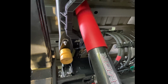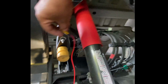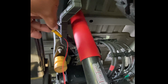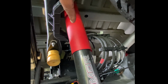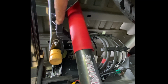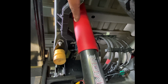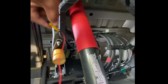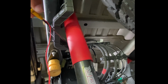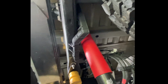Now, as I stated before, the existing cable they give you is not going to be long enough. It's going to end pretty much near the shock area. This is the driver rear shock, or left rear wheel shock where I'm located, and this is where the cable is going to end. So it's definitely not going to be long enough to reach the camera, or at least where I'm